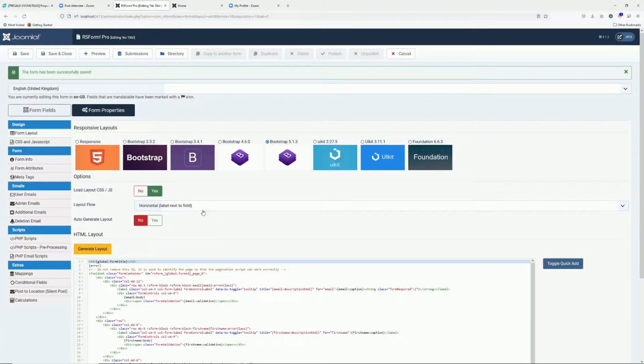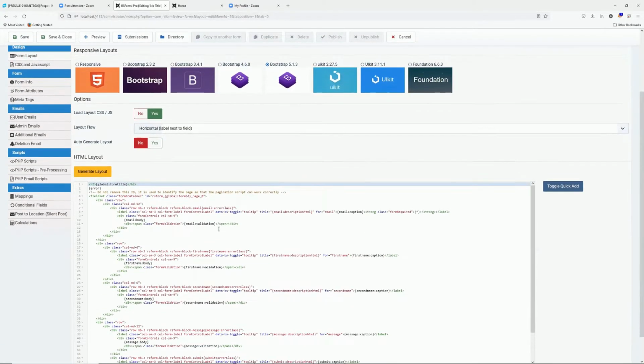You can use it here as well, but we have a separate section for that, which I'll provide an example of in the following section. What I wanted to point out here is that each form field is represented in the front end with the help of field placeholders. As you can see here, there's an email caption, email body, and email validation. These are the placeholders that will be used by the component to display these elements of the field in the front end. For example, if I remove